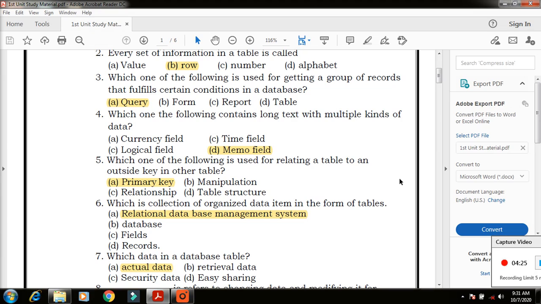So we collect the information from outside and organize it in one place, in the form of a table. The name for organized and collected information in the form of tables is RDBMS. What is that? RDBMS. It is called a relational database management system.